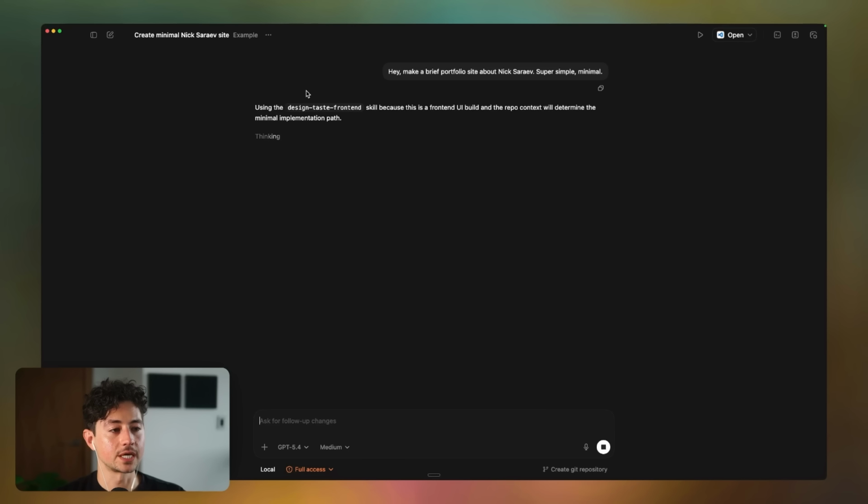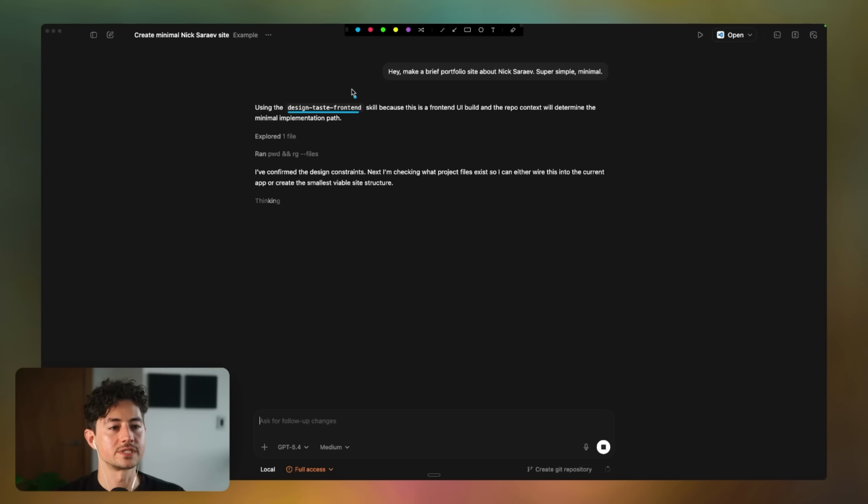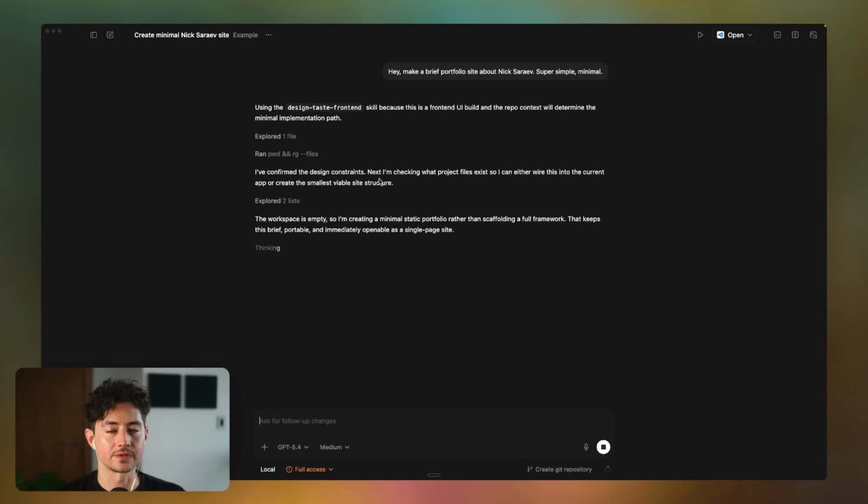It'll now do some thinking. In our case, I actually have a design taste front-end skill, which improves its ability to create like sleek, high-quality looking designs. And now it's looking through my own workspace to put together this cool, sexy site for me. I'm also going to ask it to open it. And the way that all AI agent platforms work now is you have the ability to put a queued message in, which you can also choose to send immediately via steer. In my case, I'll just wait until it's done. It'll consume this open it message, and then it'll just open it for me in a new tab.